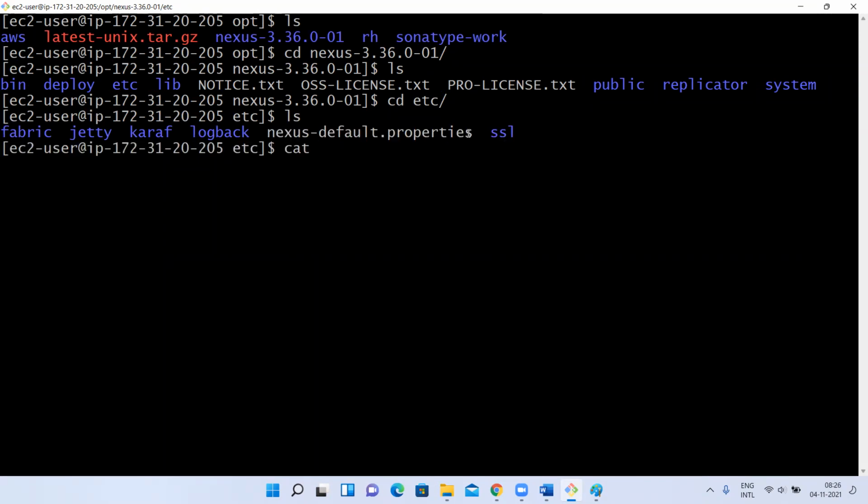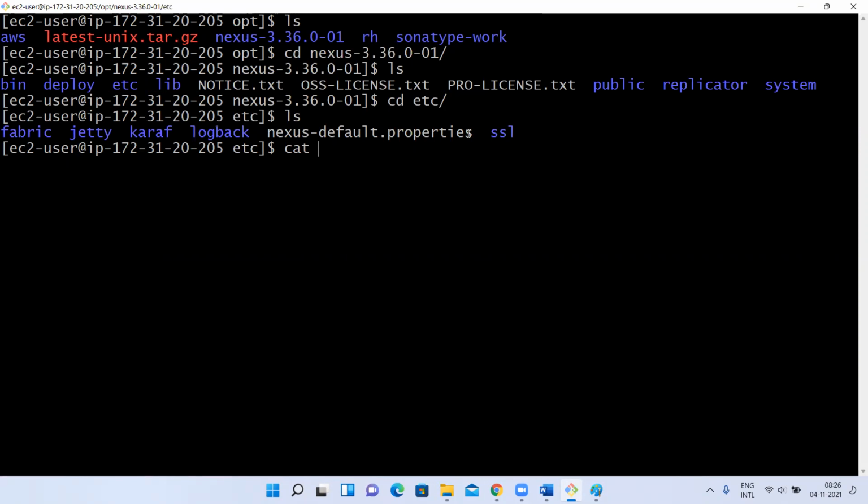See, Nexus is one of the tools which you can access through a browser, a web-based tool. Like how you access Jenkins and Tomcat through URL, you can access Nexus as well. When you access it through a browser, it needs a port number. The default port number of Nexus is 8081.